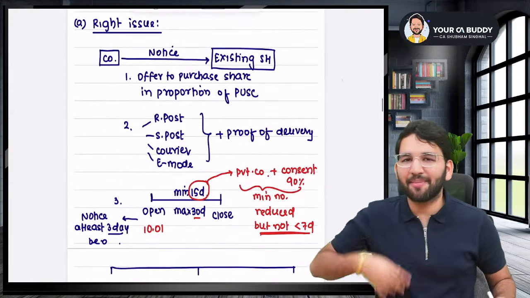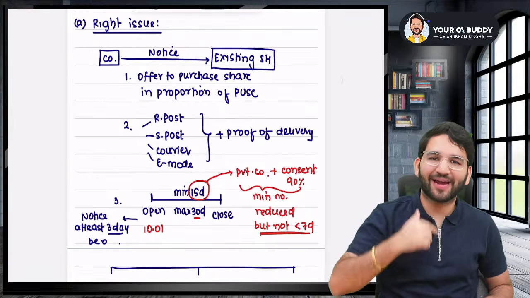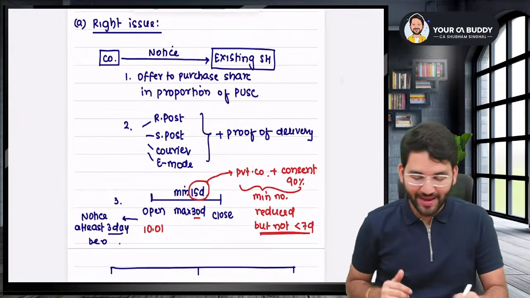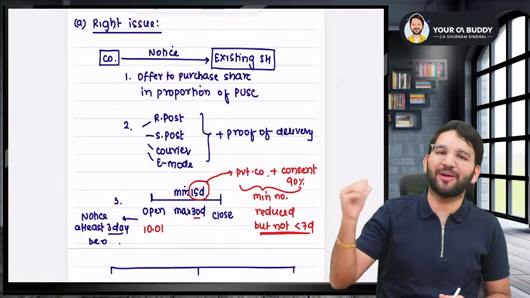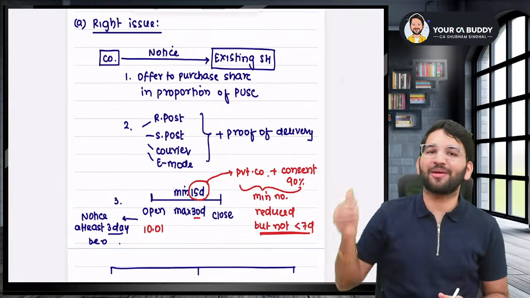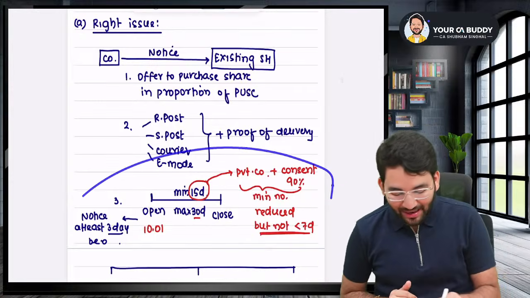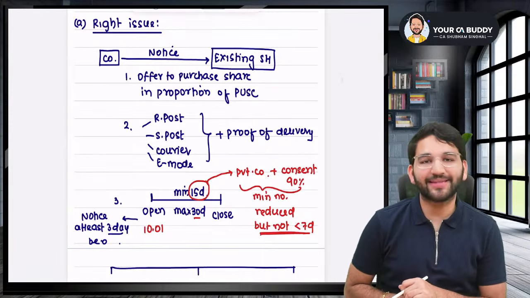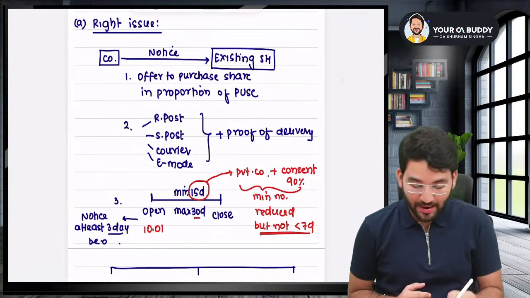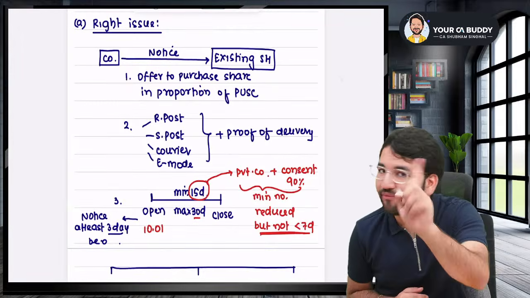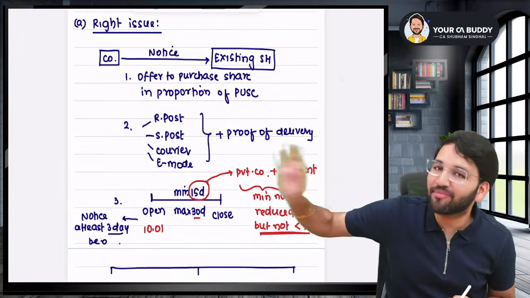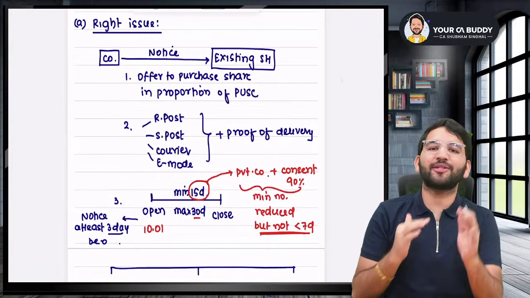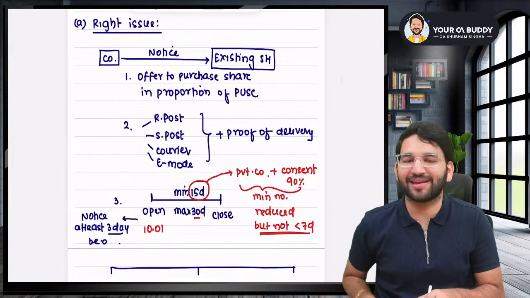So basically, sir, imagine you are a shareholder. I'm the company. I'll send you a notice. I'll say you have the offer, you have the right to purchase the rights shares. I'll send it via registered post, speed post, and so on. Then I'll open it for a minimum of 15 days, maximum 30 days. And if you're a private company, you can reduce 15 days to up to 7 days. But the maximum limit, listen to me very carefully, you're not paying attention, this maximum of 30 cannot be increased. In the exam, they'll ask you. Can it be increased by 90% consent? No, sir, the maximum 30 days cannot be increased.